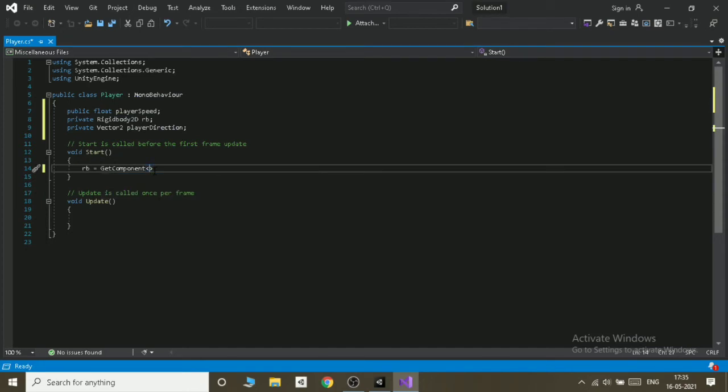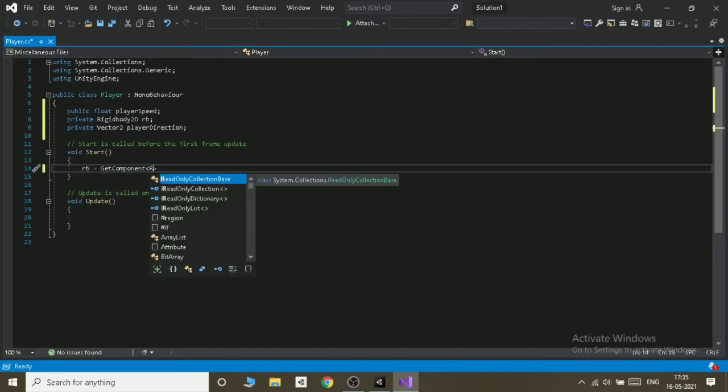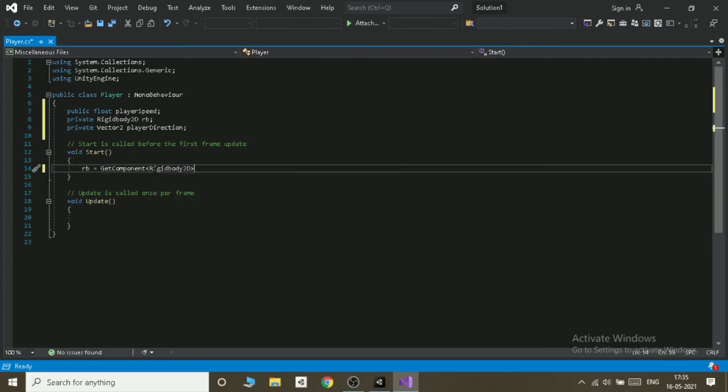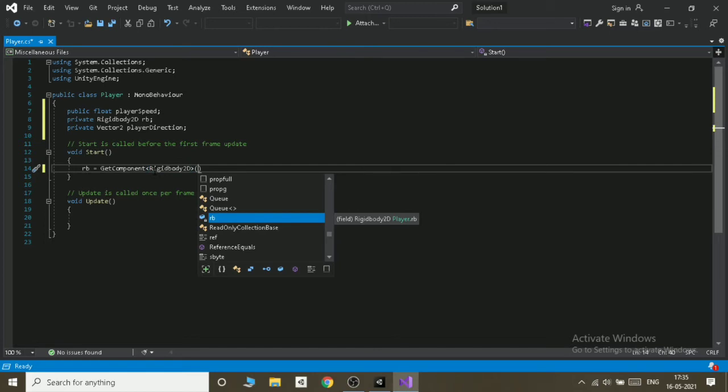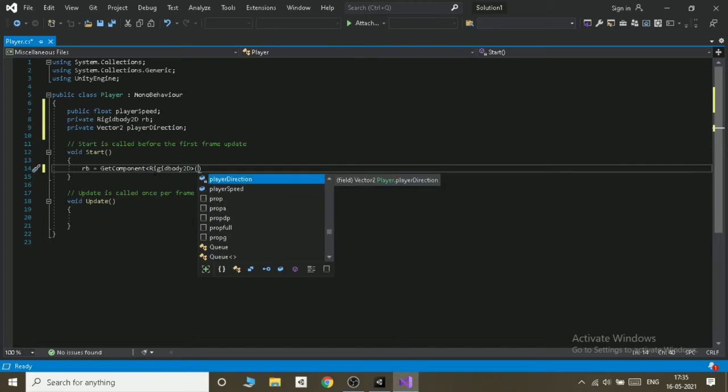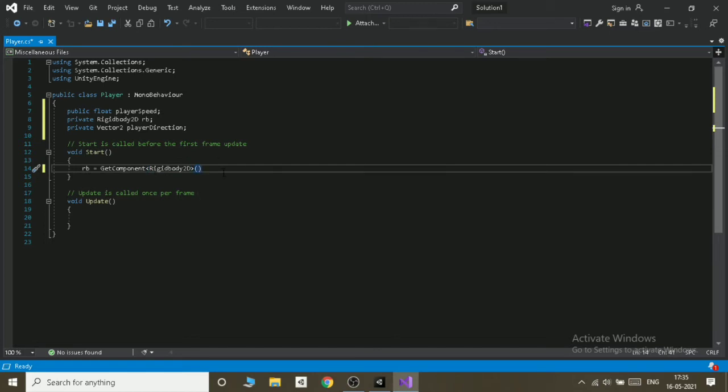So when we write GetComponent, we can add brackets. Inside brackets we can write Rigidbody2D and then close it and then make one more bracket and close it. You can see on screen how I am writing code.